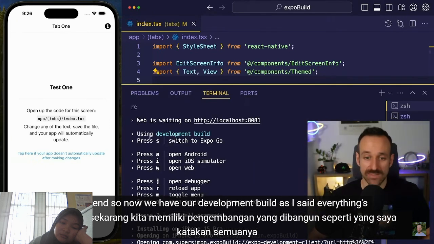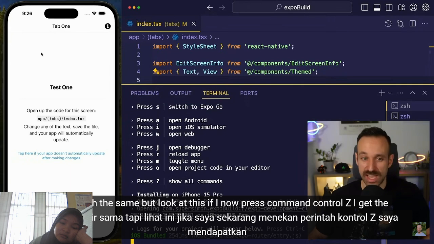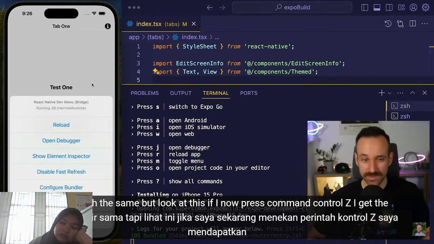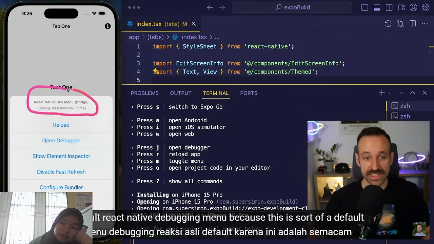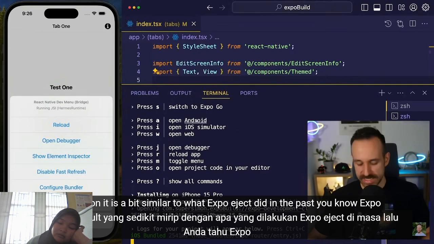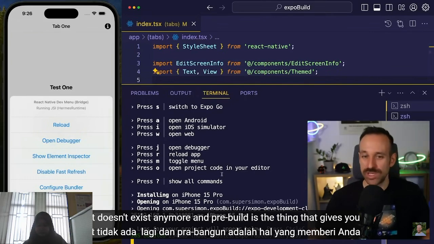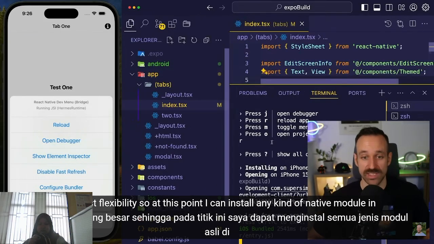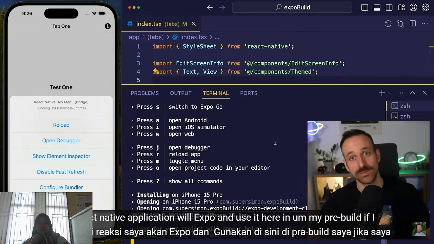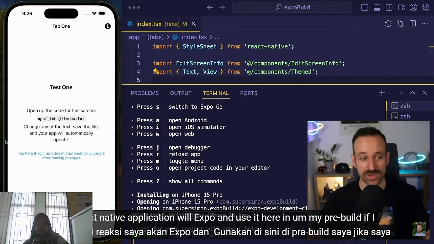So now we have our development build. As I said, everything's pretty much the same, but look at this. If I now press Command-Control-Z, I get the default React Native debugging menu because this is sort of a default application. It is a bit similar to what Expo Eject did in the past. You know, Expo Eject doesn't exist anymore, and prebuild is the thing that gives you the most flexibility. So at this point, I can install any kind of native module in my React Native application with Expo and use it here in